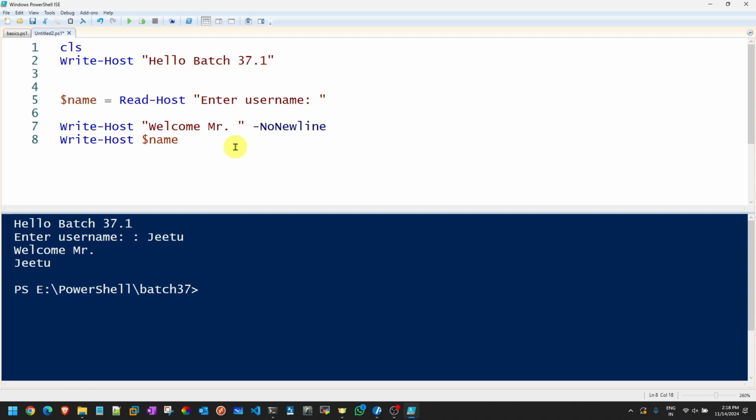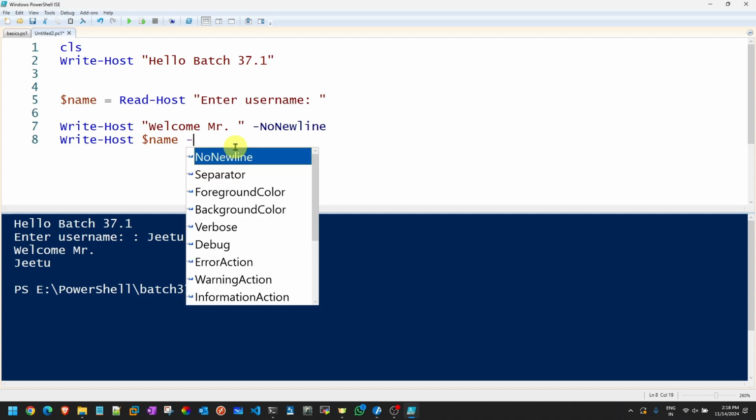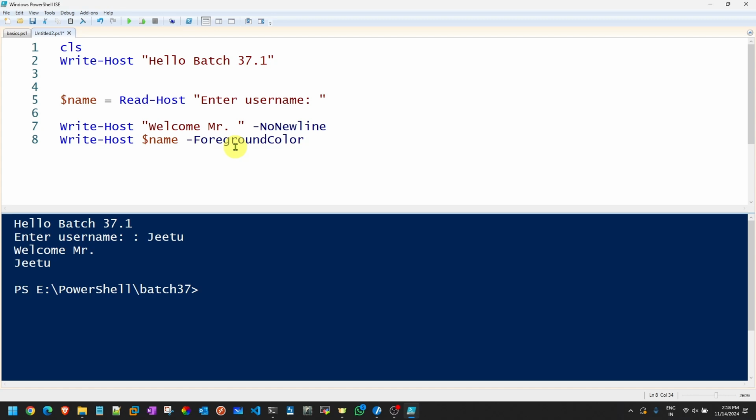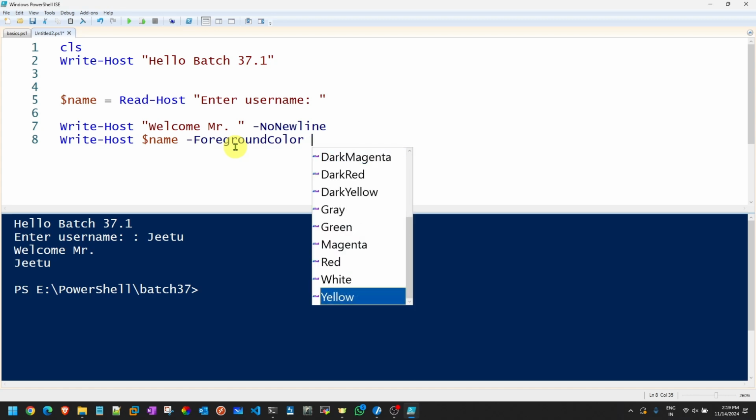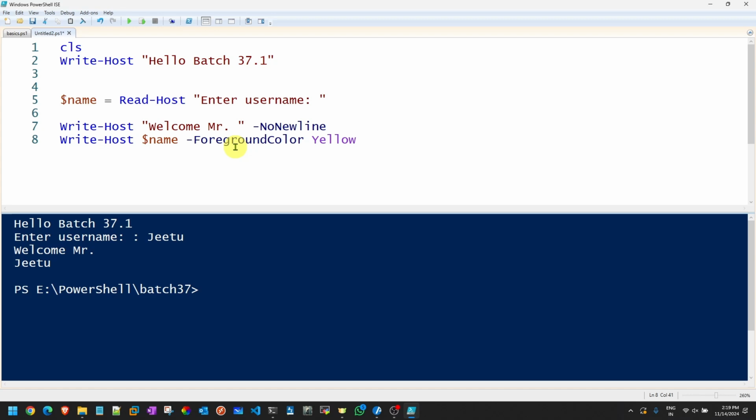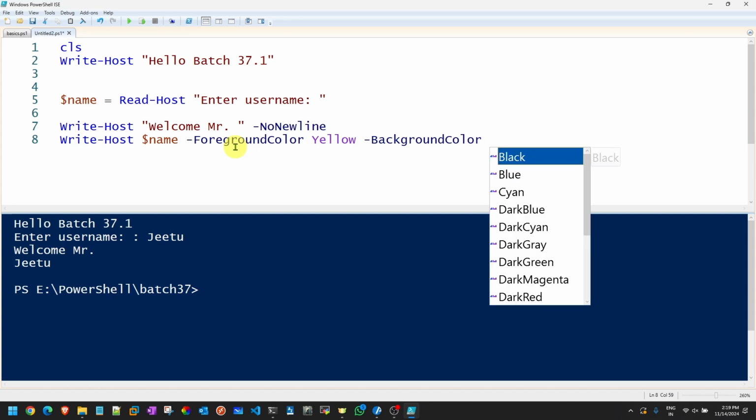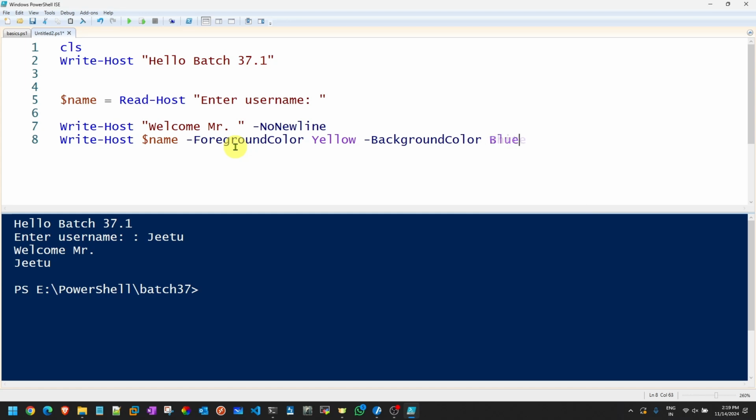And here I can use a parameter called ForegroundColor. I'll go with a simple color. Even if I want, I can go with BackgroundColor also. So the foreground text will be yellow, and the background, let's make it blue. Let's make it simple.